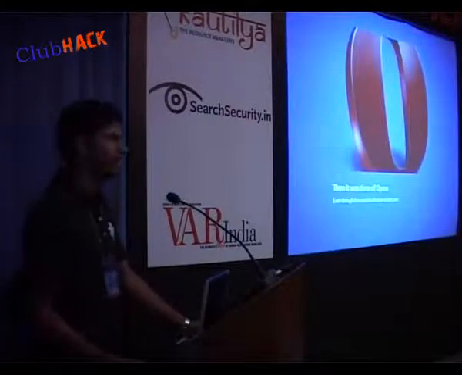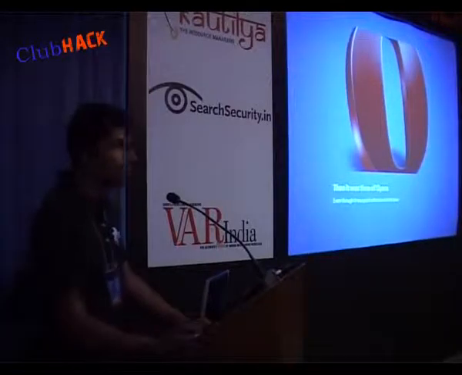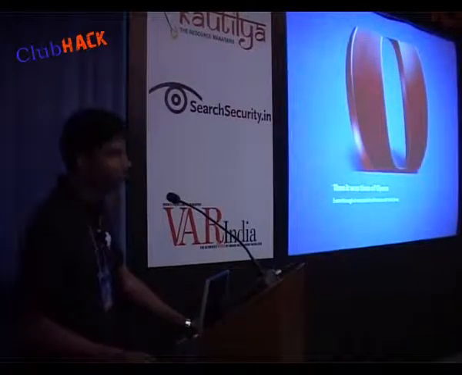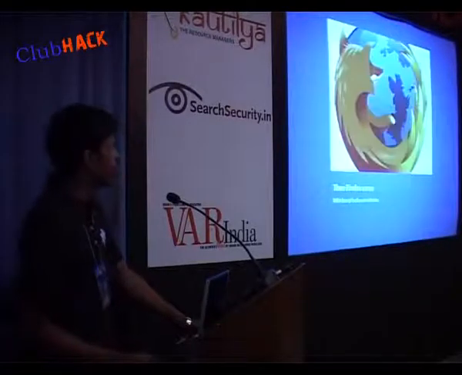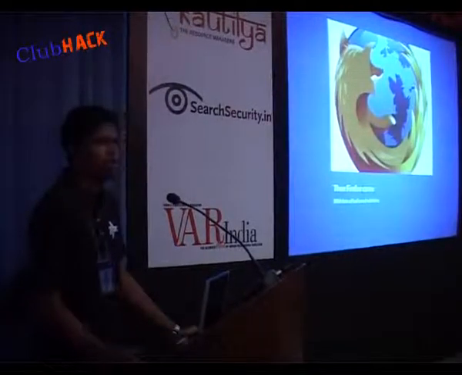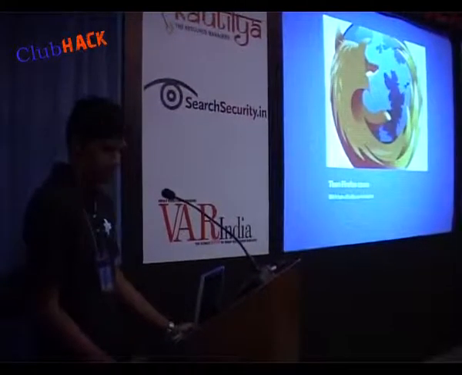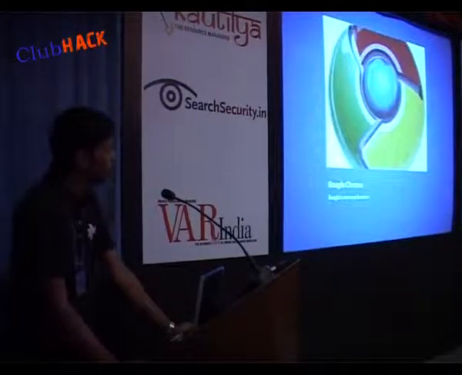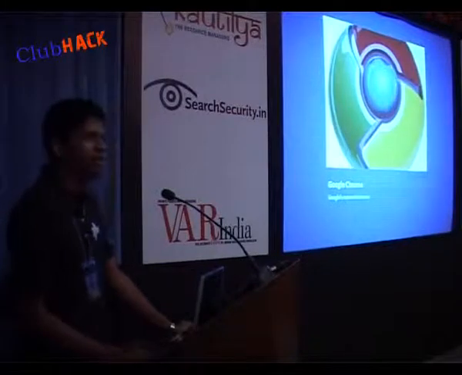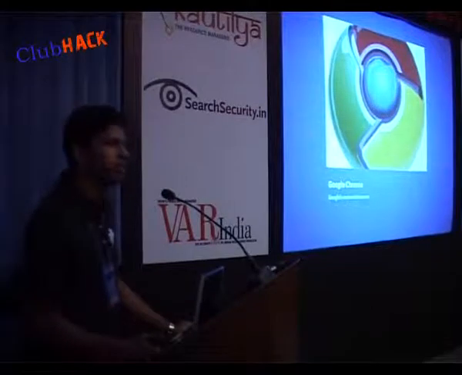Now, after that, Opera came, and even though it was a paid software, it was a very good piece of software that everyone got addicted to. After that, the free and open source product Firefox came, and Mozilla Firefox is still one of the best browsers available out there today for the masses. Then, of course, Google pushed their own browser, Google Chrome, and according to them, it is one of the best browsers designed for the modern world.